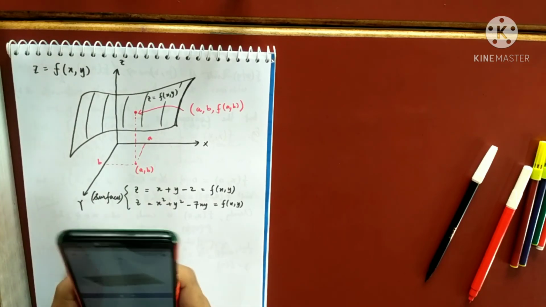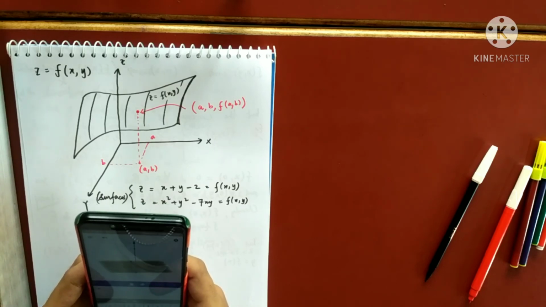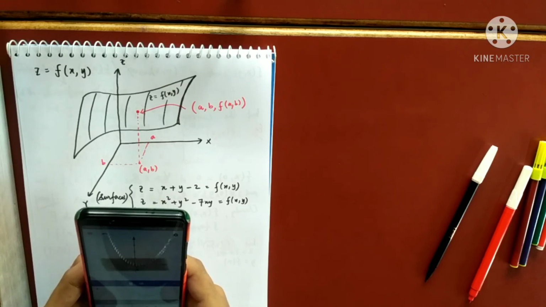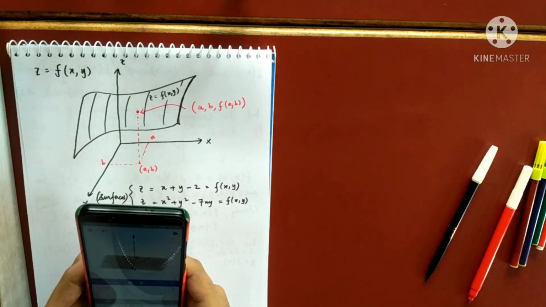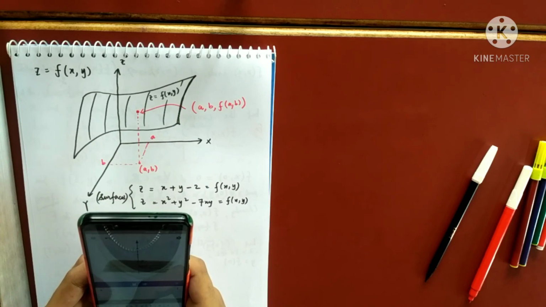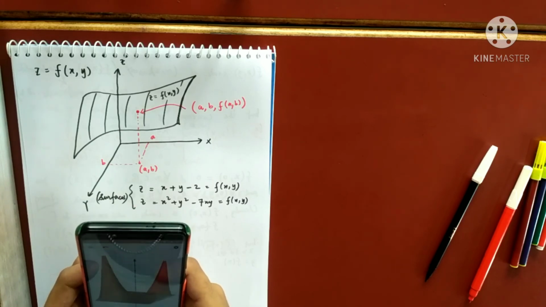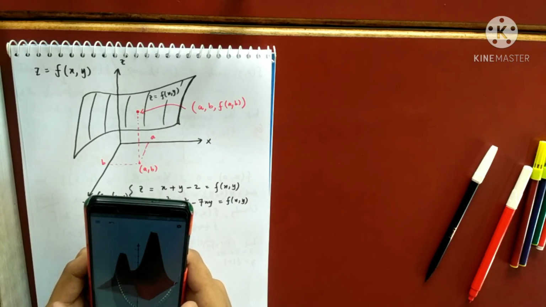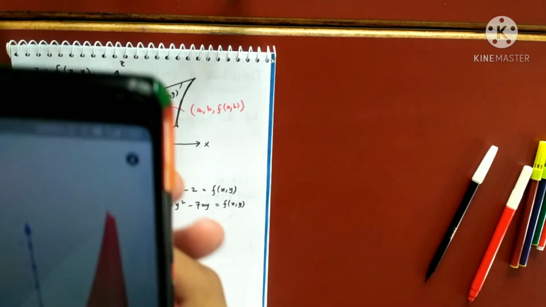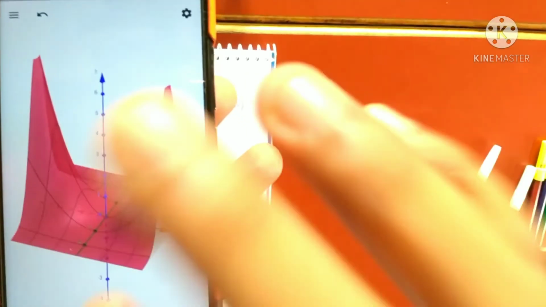You see, I'm plotting, suppose, x square e to the power minus y square. Yeah, you see, I'm getting this kind of curve, as you can see. Right? So nice this curve is looking, no? It's looking very interesting.